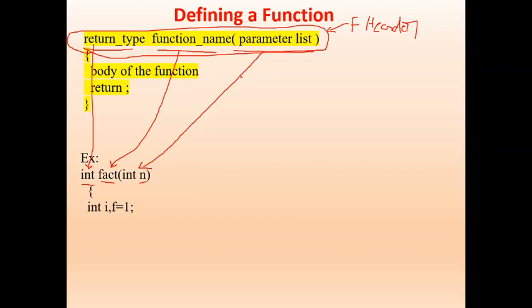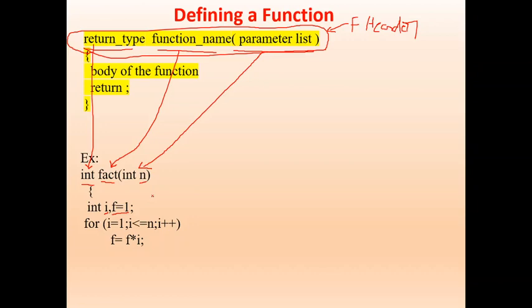As I have given that, I am going to write a function to find factorial of n. I am using two variables i and f. f is initialized with 1 because 1 is the multiplicative identity. So I am writing f equals 1. i is for counting purpose. For i is 1, i is less than or equal to n, i plus plus. f equal to f into i.